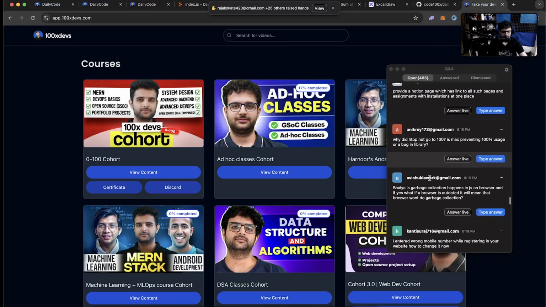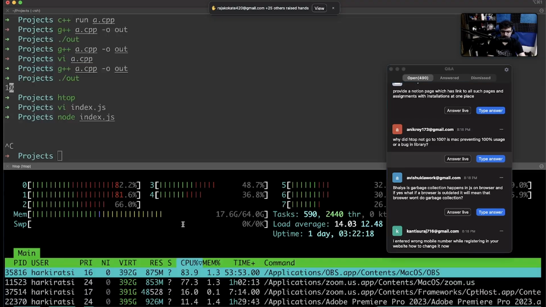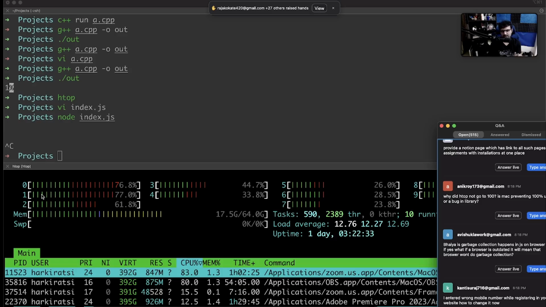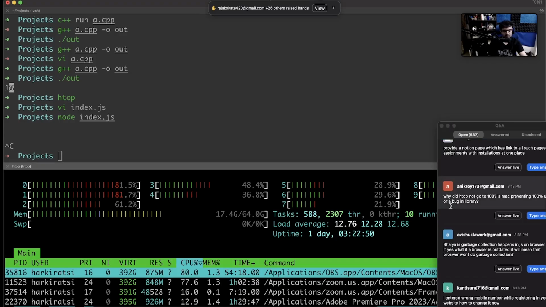Why did it not go to 100? Oh, you're saying a few things, like it was at 95% here, and the reason for that is it is not necessary that my JavaScript program always gets the CPU. There are 100 applications I'm running, right? So it wasn't able to get assigned to a CPU 5% of the time, which is why it was 95. And why did one of these not go to 100? Because whenever any program runs, it is not running on a single CPU. It is context switching between various different CPUs, which is why it did 10% here, 20% here, 30% here. That is why you did not see one spike up to 100%.